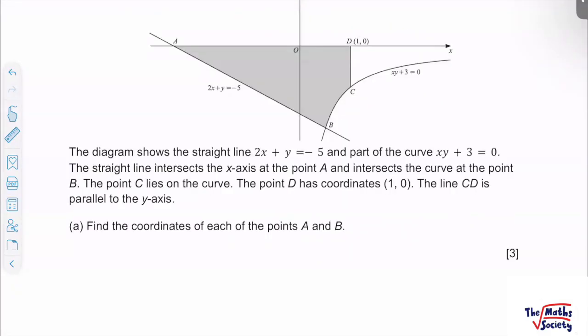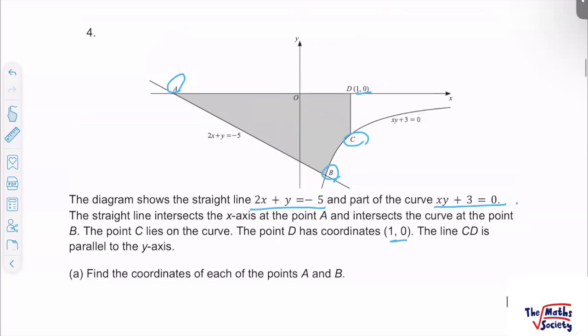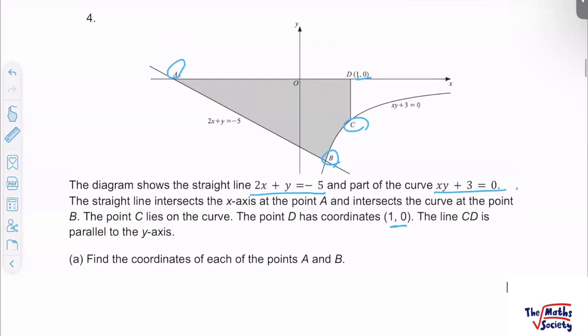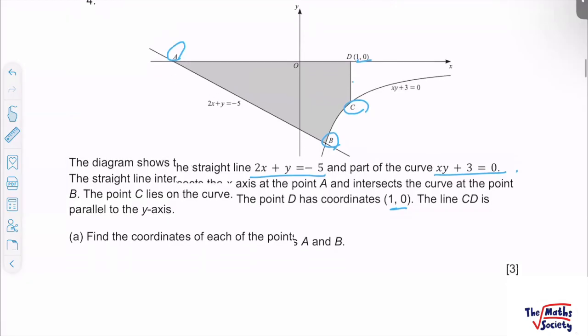Okay, so now we have question 4 where they give you a diagram with 2 line equations. You can see the lines here. And they say the straight line intersects the axis at the point A and intersects the curve at the point B, and C lies on the curve. The point D has coordinates 1, 0. Line CD is parallel to the y-axis. So CD is going to be parallel to the y-axis, and then you find the coordinates of each of the